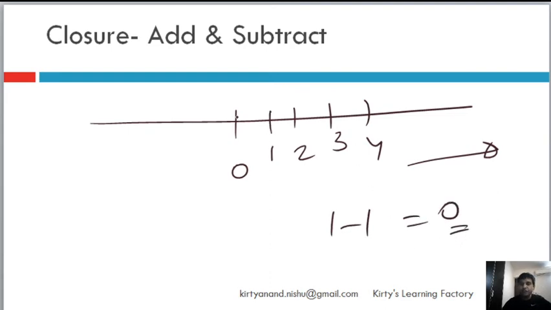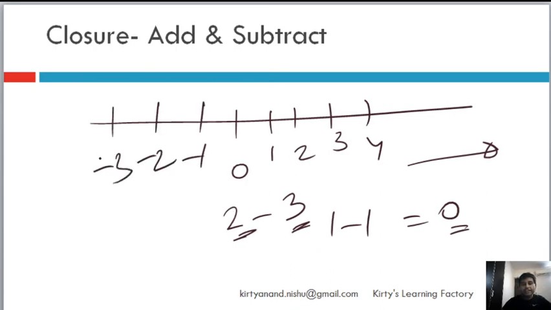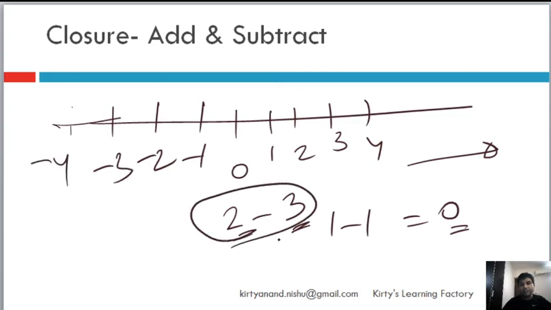Therefore when we included 0 and made it a whole number, for whole numbers till that point it was applicable. But what if we were subtracting a larger whole number than a smaller whole number? Then it was not applicable. Now we have integers, and we have the benefit of negative integers, and we can solve questions like this. Therefore integers have come into existence.